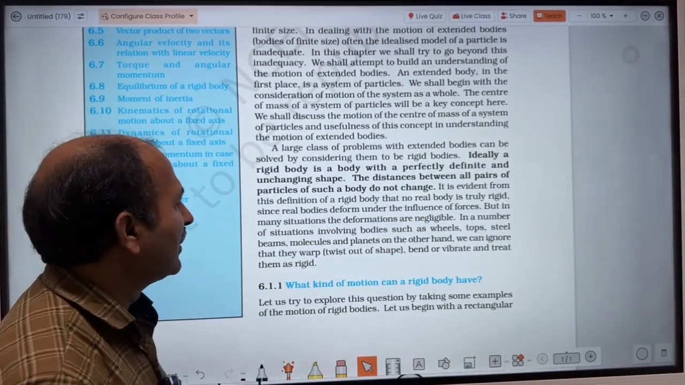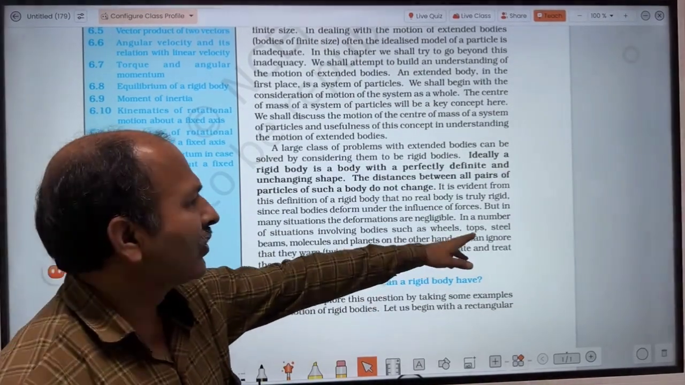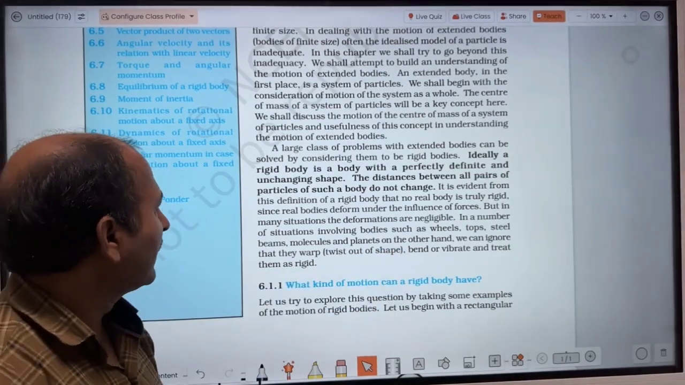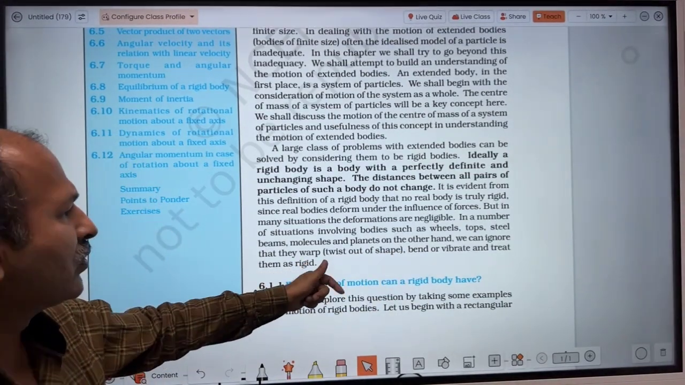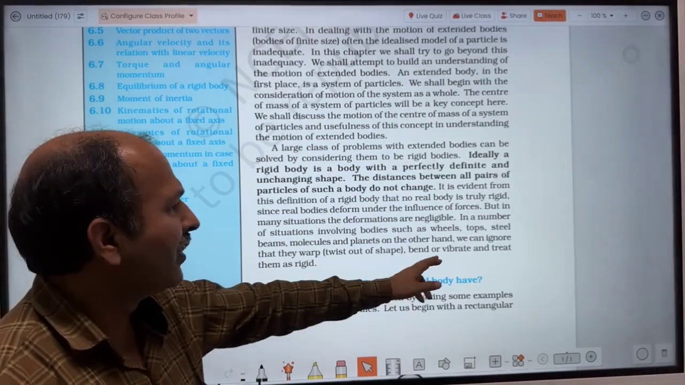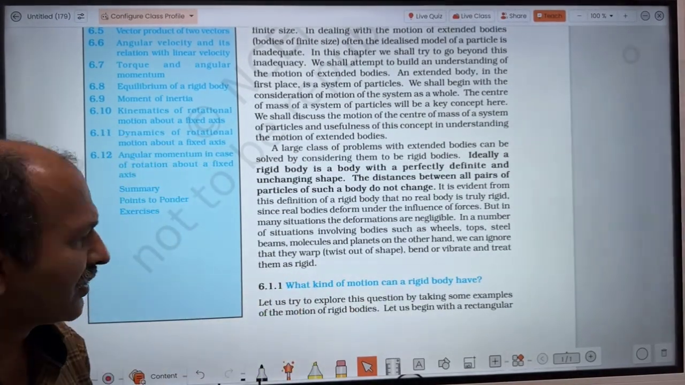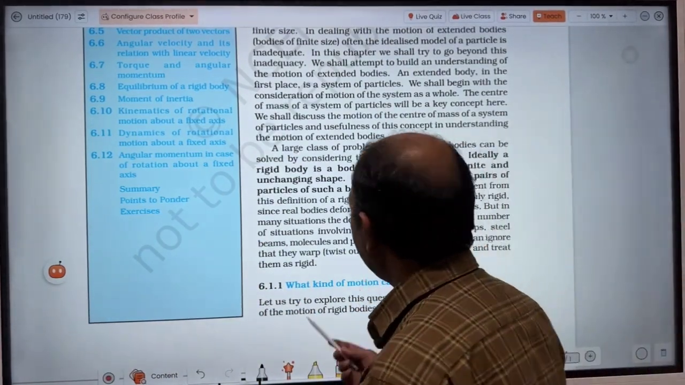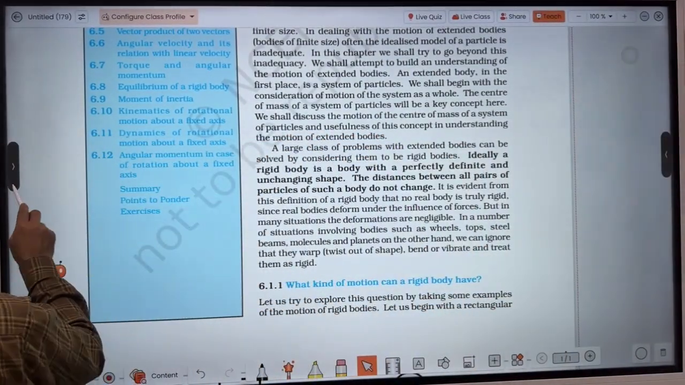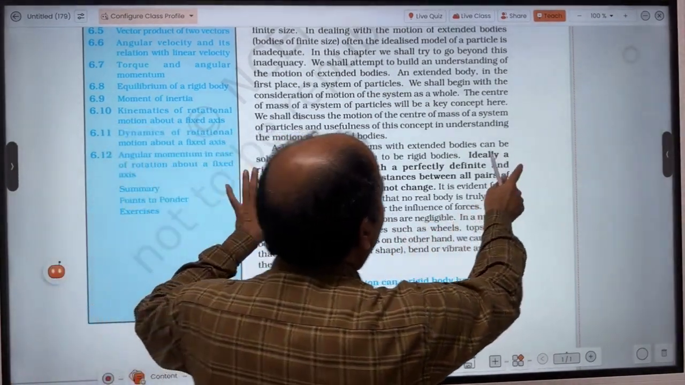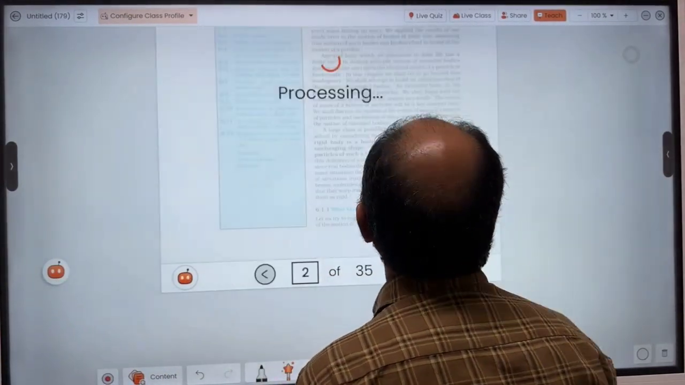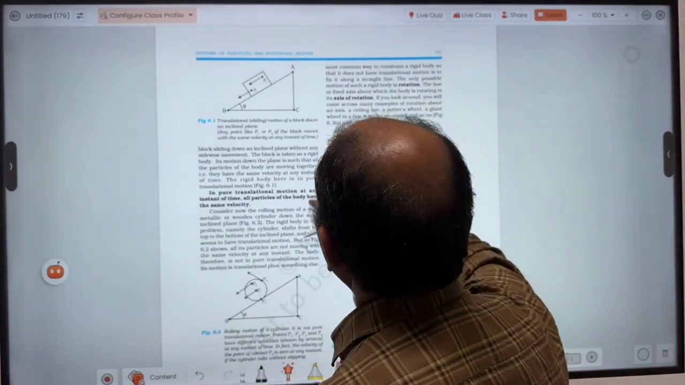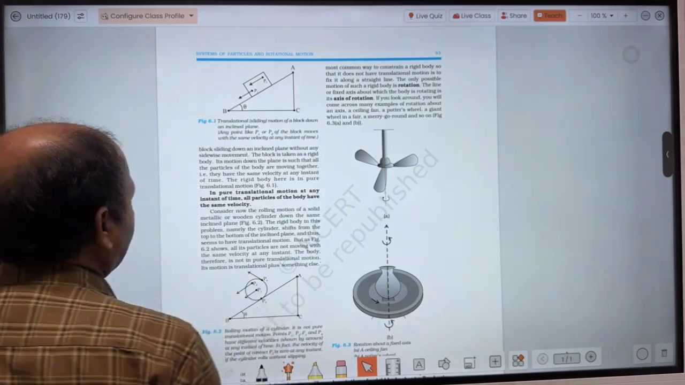In a number of situations involving bodies such as wheels, tops, steel beams, molecules, and planets, on the other hand, we can ignore that they twist out of shape, that they warp, bend, or vibrate, and treat them as rigid. So the rigid body is an ideal concept that practically does not exist, but for our study purpose, with certain assumptions, we will consider a rigid body. So here